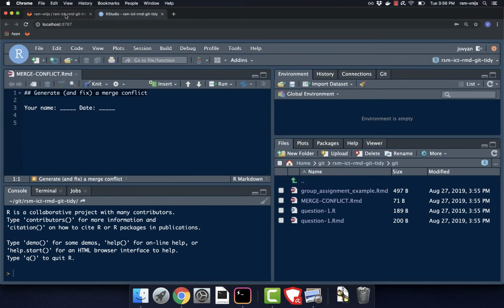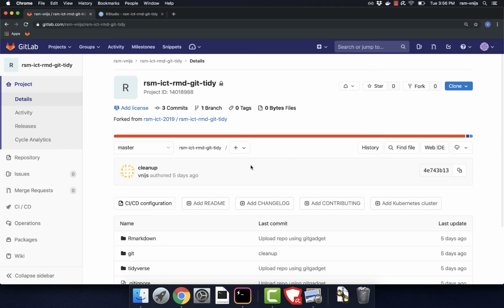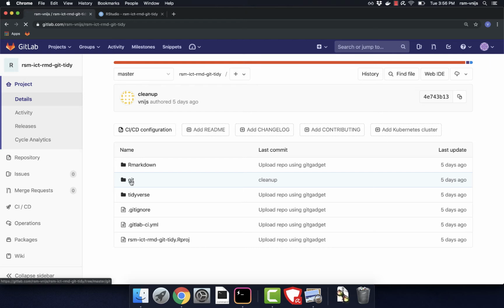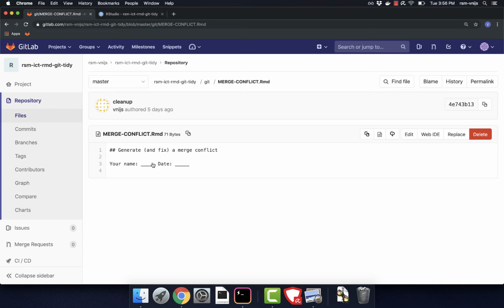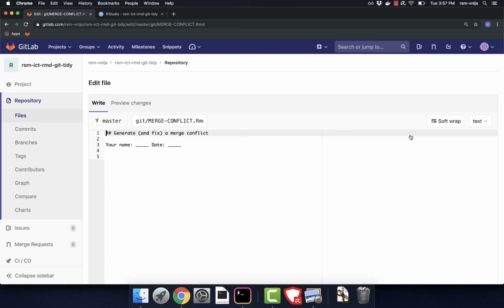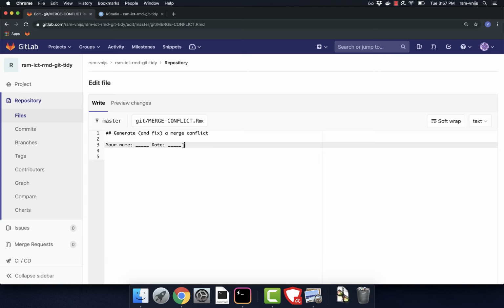Here we go. All right, GitLab. So this is GitLab. This is where we just cloned our repo. So I'm going to go into the Git directory and click on mergeconflict.rmd. And now here's edit. Now you don't usually use this all that much, but I want to give you an example of how a merge conflict might arise in an environment that's simple where it's just you. Okay. So what did the PDF say? The PDF says to put in only the date in this particular file. So right now it is